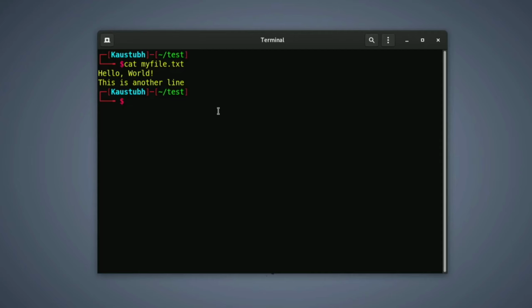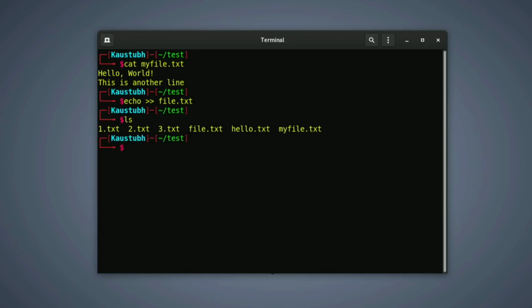Another command is the echo command. Using the echo command, you can create and append text to the same file. For example, echo, then with a double greater than sign, file.txt. You can see file.txt is successfully created.